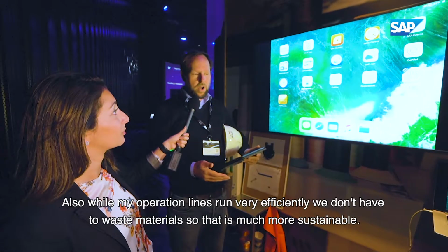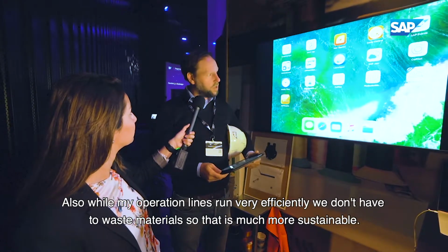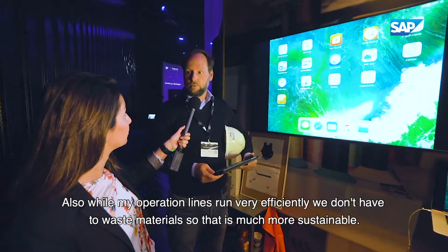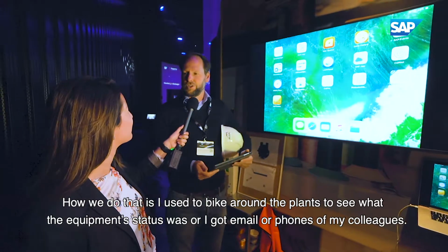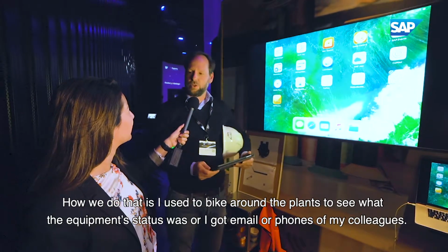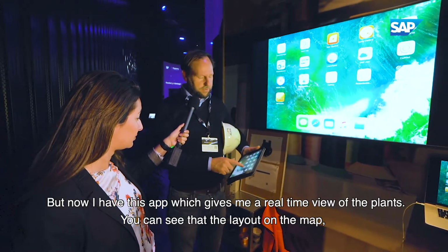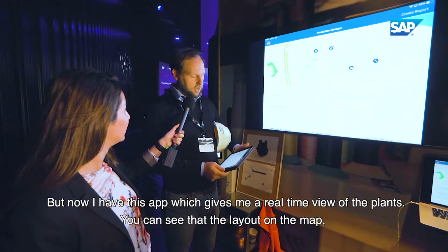And also, while my operation lines run very efficiently, we don't have to waste material, so it's much more sustainable as well. So how we do that is I used to bike around the plant to see what the equipment status was, or I got emails and phone calls from my colleagues. But now I have this app which gives me a real-time view of the plant,